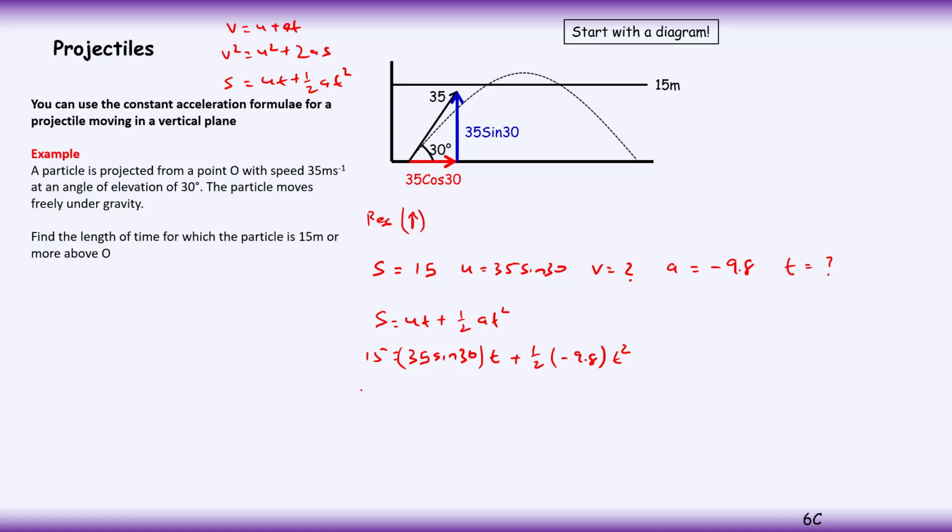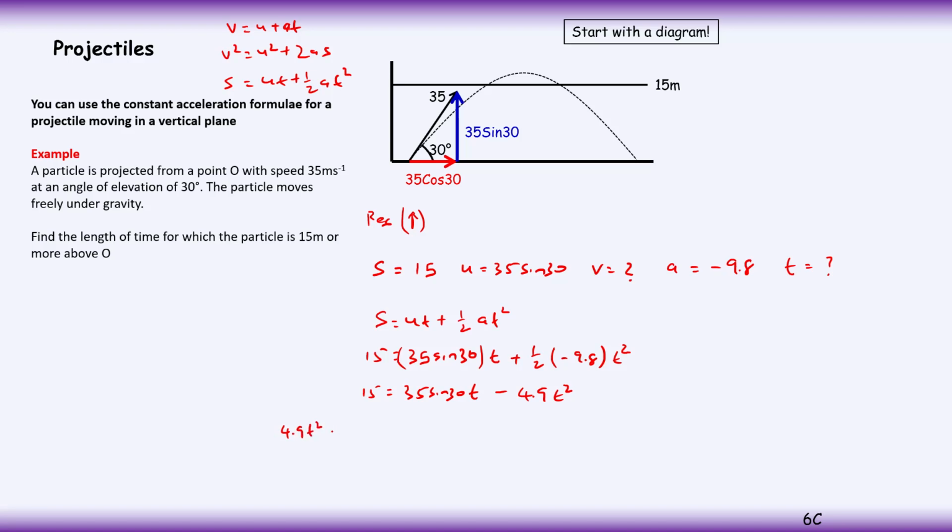Okay, so that means 15 is equal to 35 sine 30 T minus 4.9 T squared. Rearranging everything to the left hand side leaves me with